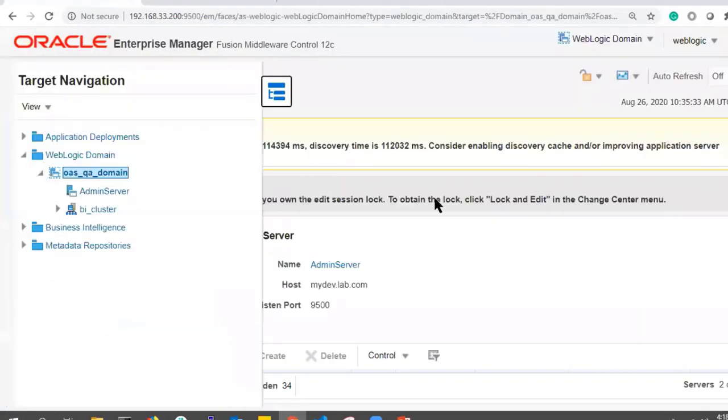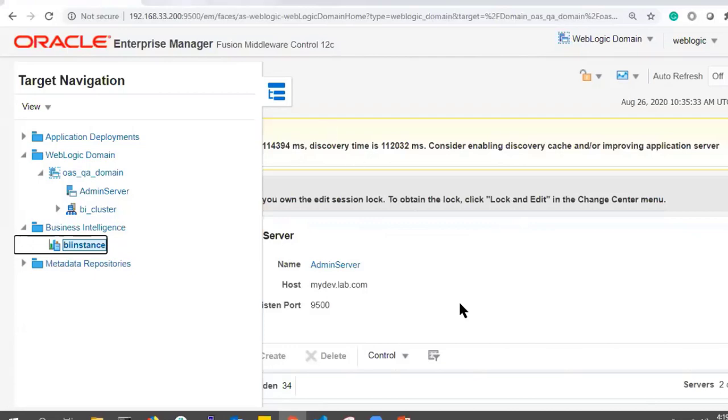So here you can see the business intelligence server, expand it, and this is BI instances. Right now the BI server is down, the cluster is down. That's why nothing is visible, or it is not connecting, nothing to display here.